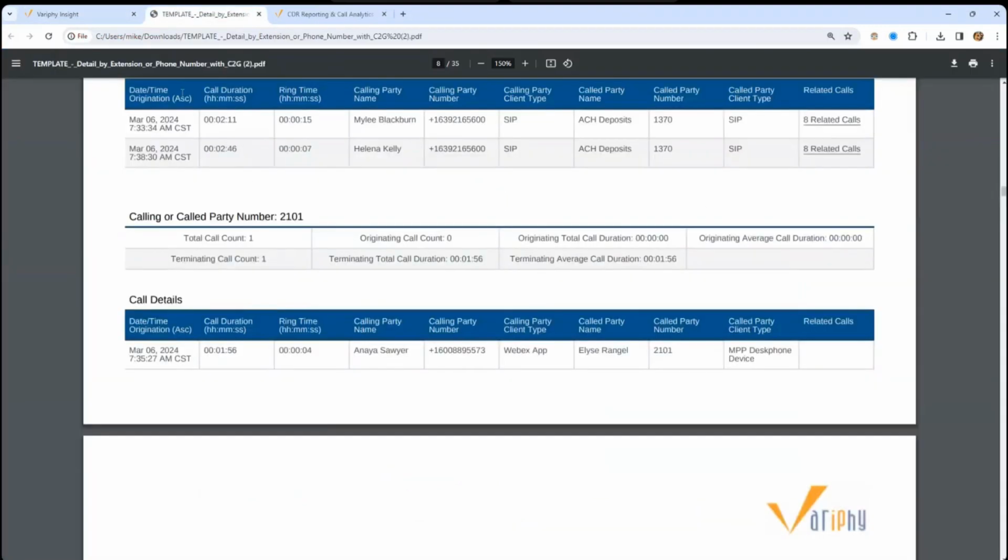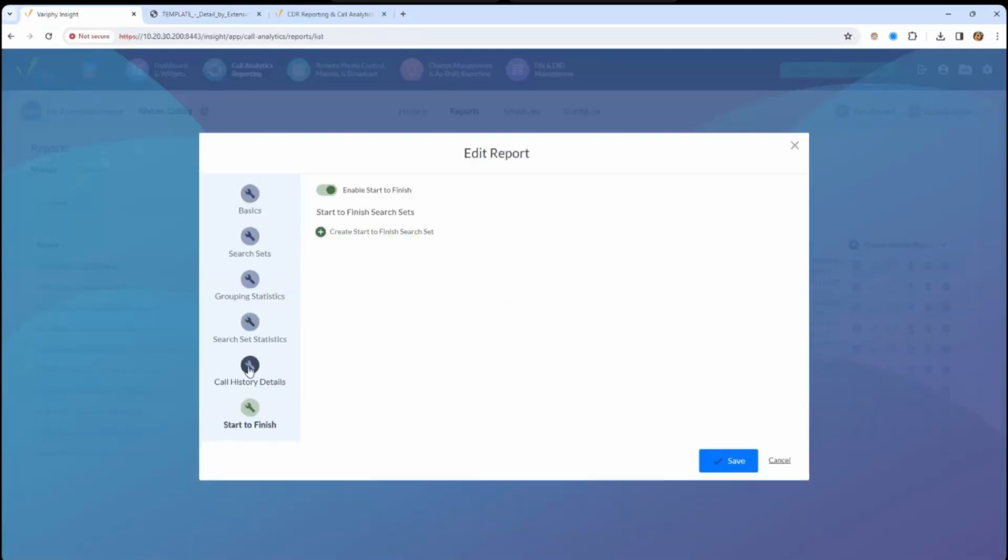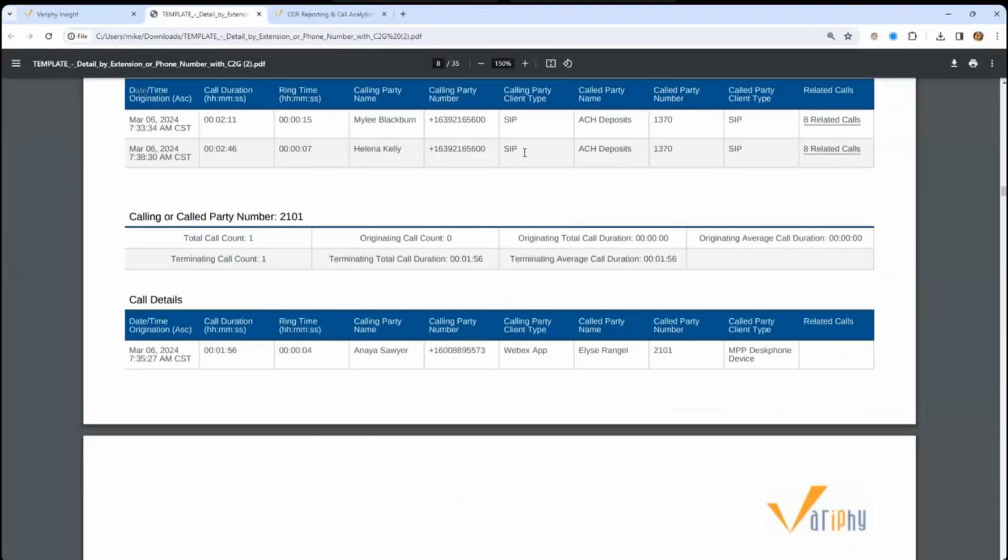But here we can see the detail. I have daytime origination, call duration, ring times, calling parties, called parties, and then the far right, if we have the final option, start to finish or cradle to grave, enabled, we'll take those legs, we'll search for all the additional legs that are part of the call, and then you'll see a link here that says related calls with a count of the number of records, if there are additional records within the